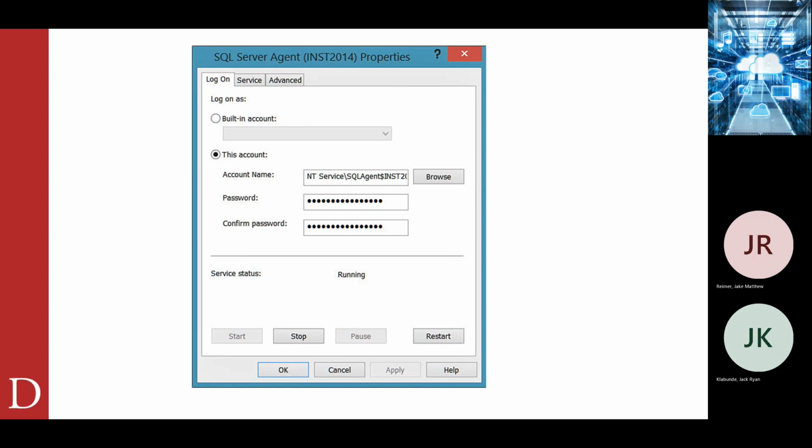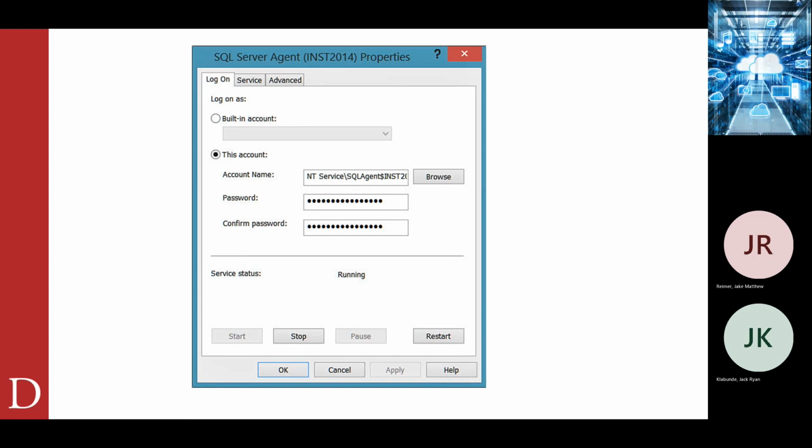When we do group managed service accounts, we don't put anything in the password field. Active Directory actually will manage that for us, which is part of the cool thing about group managed service accounts. So the way a group managed service account, I'll back up. So the one thing about Active Directory